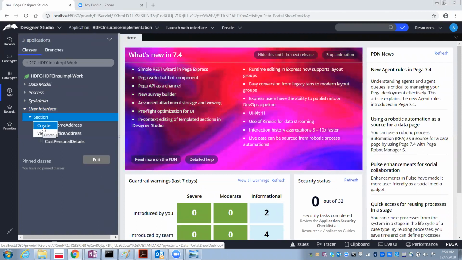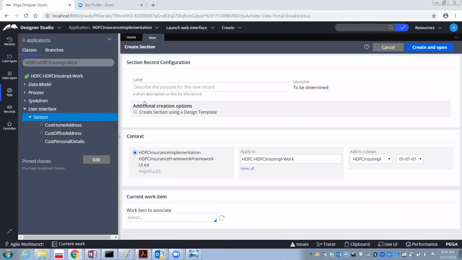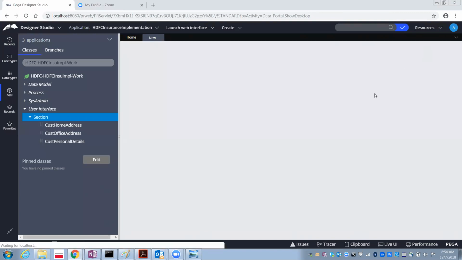So just right mouse button, create it. Let it be the same implementation application, work class, implementation rule set and the version. Create and open.